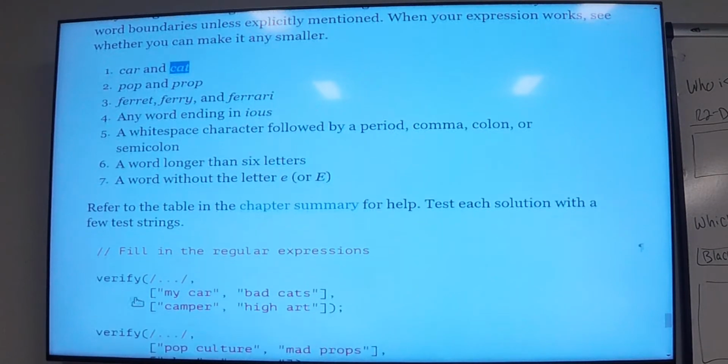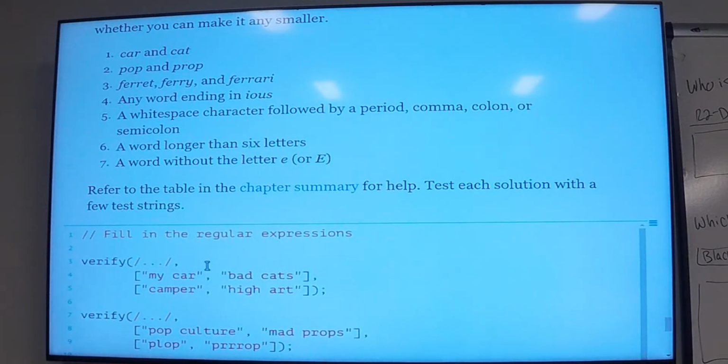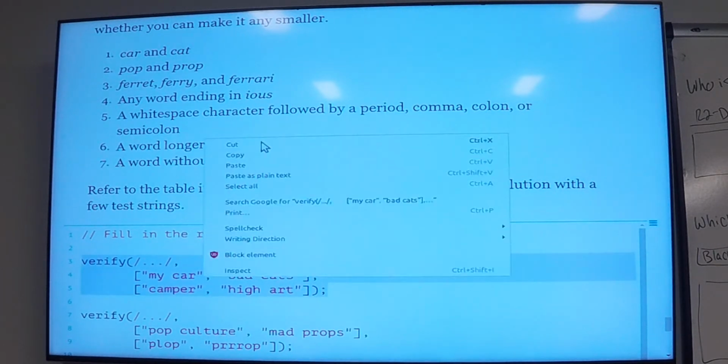And then we look down here and we have a verifier. And this is like a testing suite that matches, we want it to match car here and cats here. And we want it to presumably not match camper and art, right? So let's take it and we're gonna